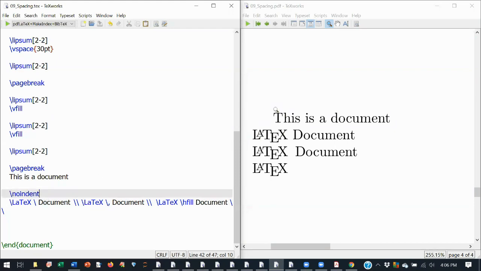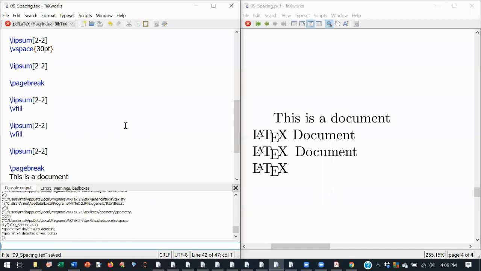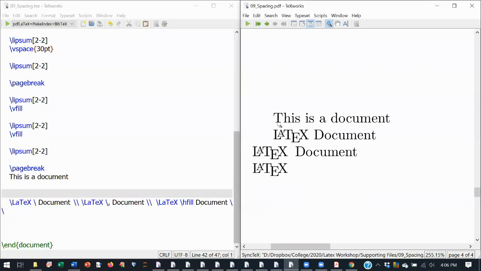If you don't want this white space, you can put the command \noindent. Then LaTeX will not indent this paragraph. If we delete this, you will see an indent space has been created.